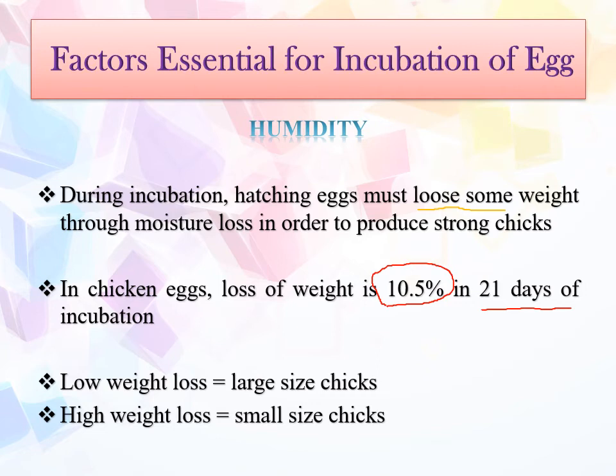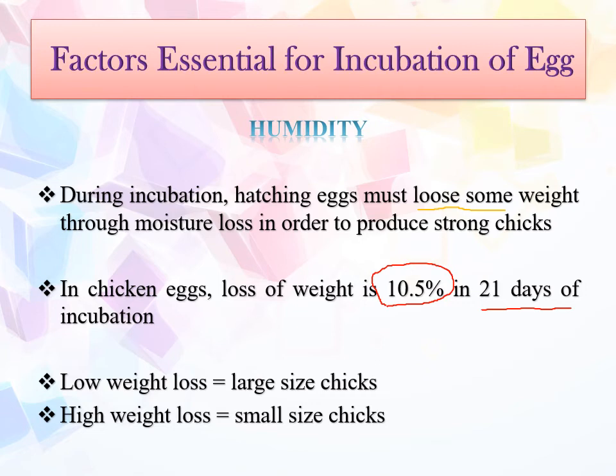માની લો તમે 50 ગ્રામનું એગ ઇન્ક્યુબેશન માટે મૂક્યું છે, તો 21મા દિવસે એમાંથી જો બચ્ચું, પ્રોપર હ્યુમિડિટી હશે તો 10% લોસ એટલે કે 5 ગ્રામનો લોસ થશે, તો 50 ગ્રામનું એગ હતું તો 45 ગ્રામનું બચ્ચું જન્મશે અને એ સ્ટ્રોંગ. ઓન એન એવરેજ 45 થી 50 ગ્રામના જે બચ્ચા હોય એ સ્ટ્રોંગ હોય અને એનું ભવિષ્યમાં પ્રોડક્શન સારું હોય.